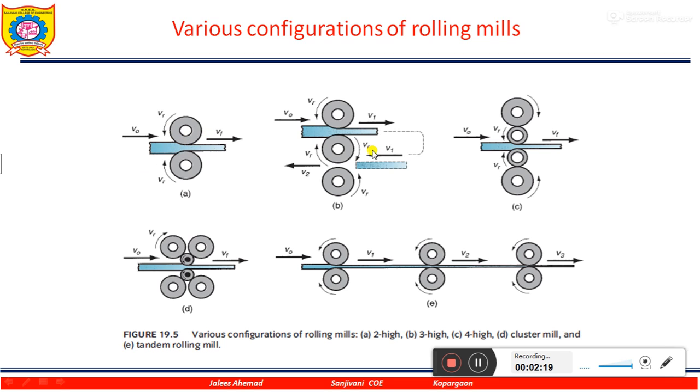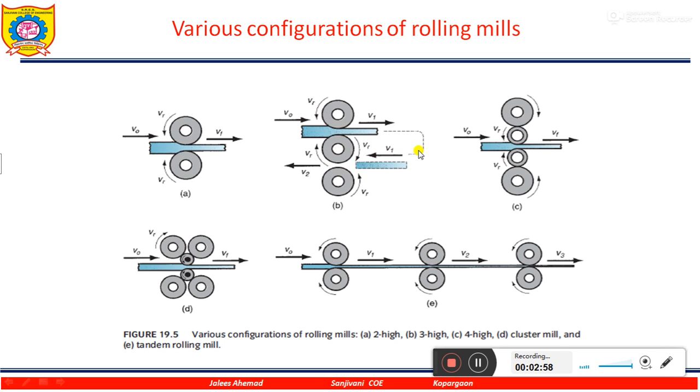This is the 3 high rolling mill. In a 3 high rolling mill we add the material from this direction, get this cross section, and again reduce it to a smaller cross section. यहाँ से उठाया उसको फिर सीधा इंसर्ट किया, inserting this, so it saves time. Instead of carrying it to another rolling mill, we can reduce the cross section in this 3 high rolling mill. यहाँ से इधर गया, यहाँ से इधर गया, 3 high rolling mills.